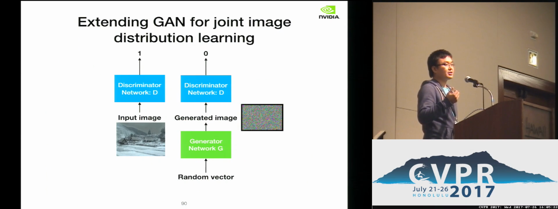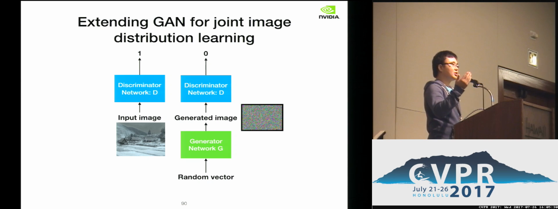So if you have a data set where you have corresponding images, what do I mean by corresponding images? You have a color image of a scene. You also have a depth image of the scene taken from the same camera at the same location. Or you have a person smiling and a person with a neutral face. Or another example is you have a winter and summer image.